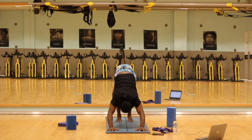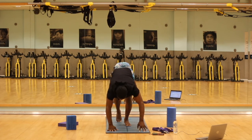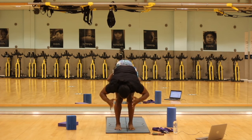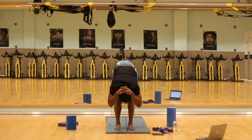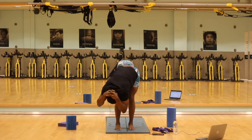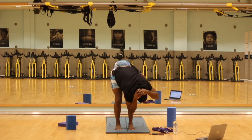On the next breath as you breathe in, walk your feet forward towards your hands. Then from here, hands are clasped behind your head and neck. Feet to the floor. Breathe in, lengthen belly away from pelvis. And exhale, fold forward. You can come into moving your right elbow towards your left, outside of your left shin,